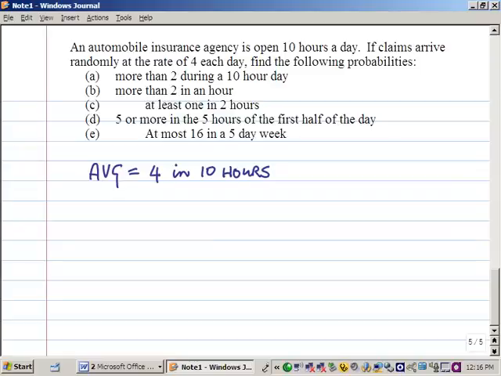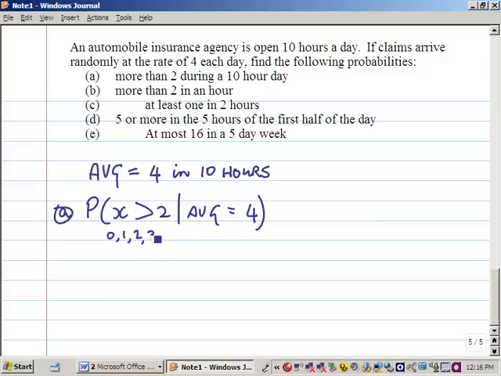Alright, so part A was the probability of more than 2. More than 2 in a 10-hour period, and the average for a 10-hour period is 4. Okay, so remember that all your possibilities are 0, 1, 2, 3, 4, etc., through infinity. More than 2 means all of these. We're going to take the complement of that and subtract out 0, 1, and 2. So this is 1 minus the probability that x is less or equal to 2,